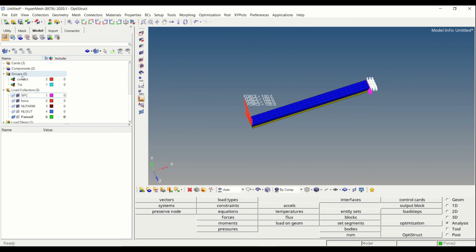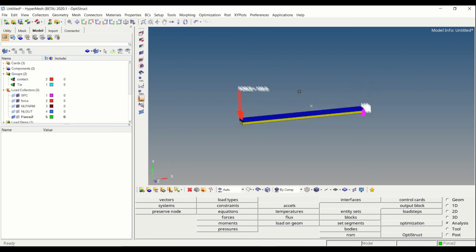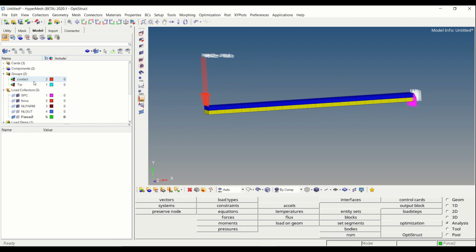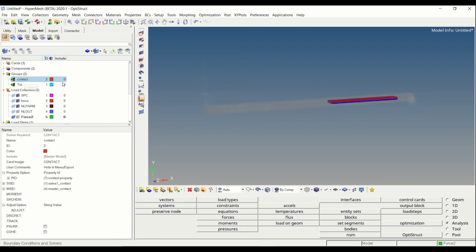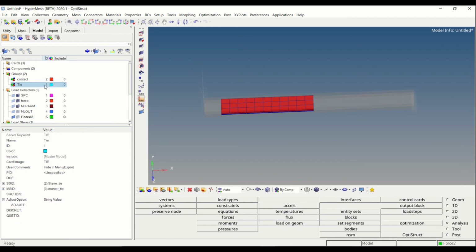I have defined the contact between the two plates. The first one is the friction contact. I defined a few elements for this contact, and I have defined a few elements patch for the tie contact. It's for demo purposes.